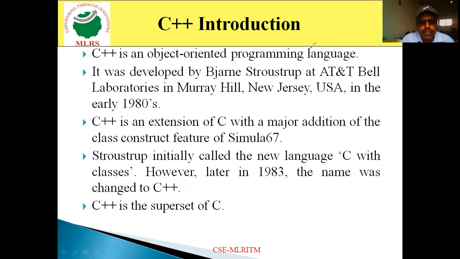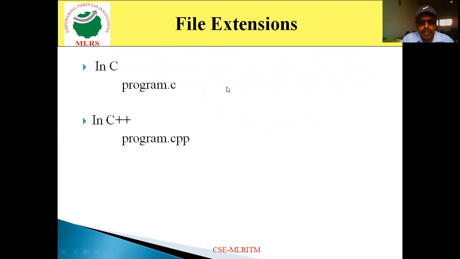So this is the introduction, or the history, of C++. Observe clearly here, C programs are named like program.c, which indicates that the file extension is .c. Now in C++, if you want to provide a name to a file, then the extension is .cpp.